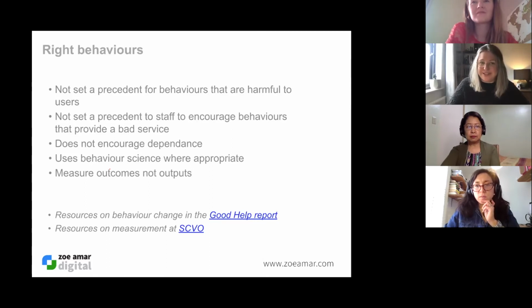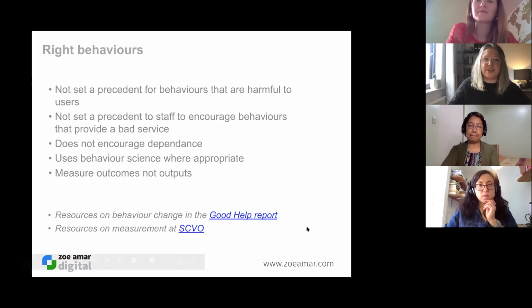We also need to think about staff. We think about our audience and our users. Staff is another audience that we have when we design a service. So for staff, it might mean that we're incentivizing them to give a bad service. For example, short call handling time targets. And this is potentially why we hate calling up our IT service, or somewhere to book a flight, because they're trying to get us in and out of that call as quickly as possible. So that's potentially incentivizing a bad service. So thinking about encouraging right behaviors over wrong behaviors is incredibly important.